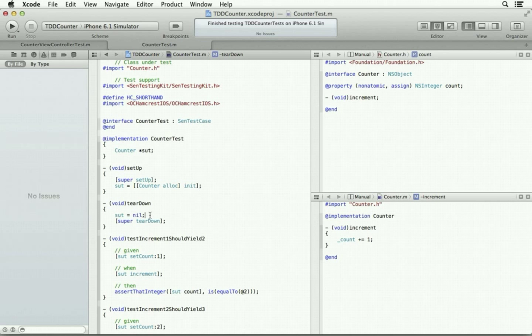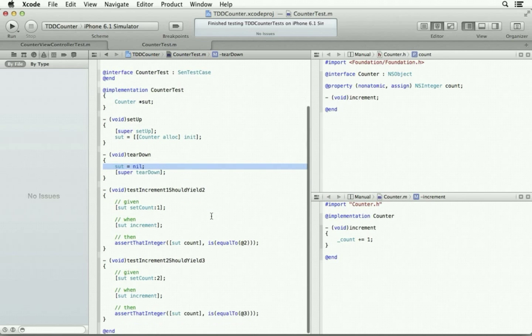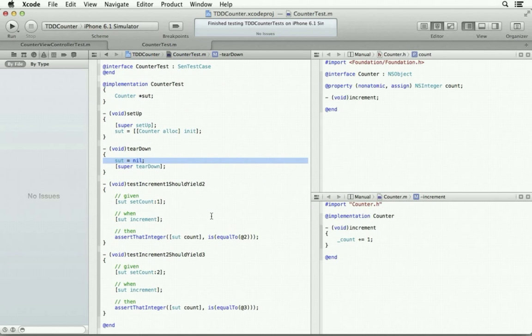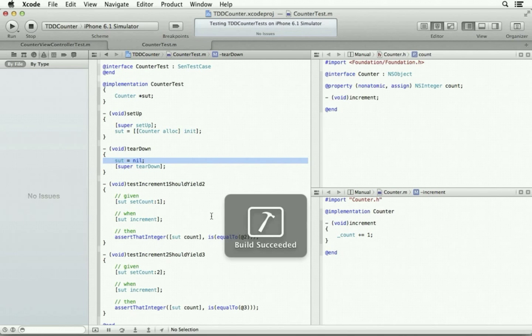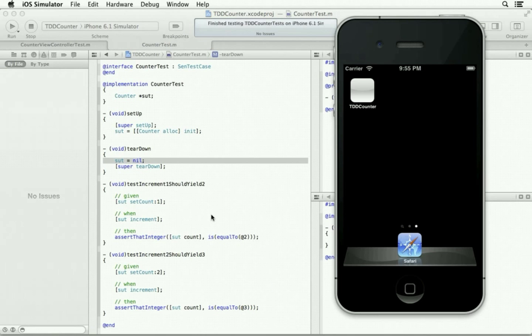This is essentially a way of testing our deallocation of the object as well. Without this, it won't be deallocated until later, and I'd really rather have it go away inside of the test. So now we've done this refactoring, which should still pass. Command U. Okay.